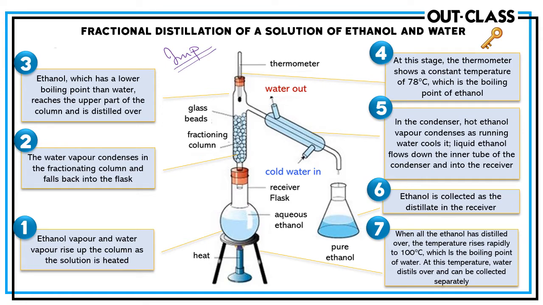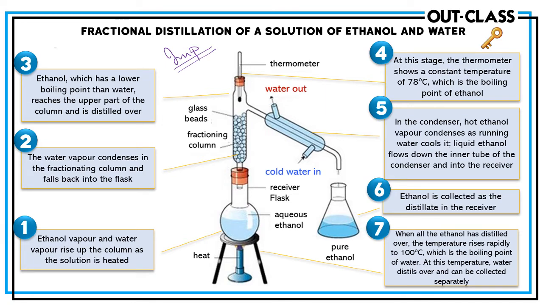Remember this. So if you want to do the fractional distillation of ethanol and water, they can ask you to plan the experiment. आप start इसी तरह करोगे कि set up the apparatus as shown in the diagram. तो आपका आधा procedure तो set हो गया. Then you heat the fermented liquor in the boiling flask. The vapors of ethanol and water both will rise in the fractionating column. But as the fractionating column is cold, they'll condense on the glass beads and fall back into the flask. Slowly and gradually, the fractionating column will warm up.